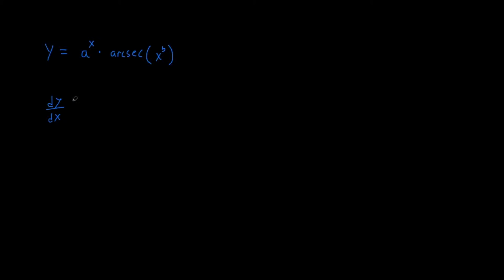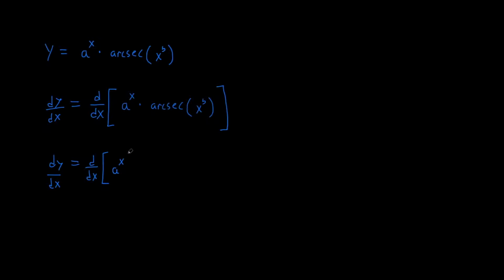So, the derivative of y equals d dx of, copy and paste this, and it looks like we have a function, a to the x, times another function, which is arcsecant of x to the b, so we can break that up using product rule. So let's do that. So d dx of